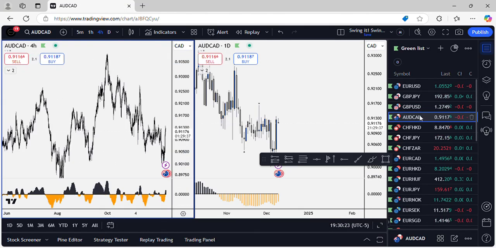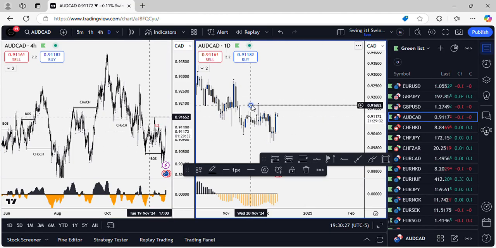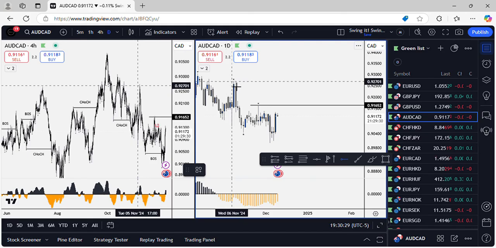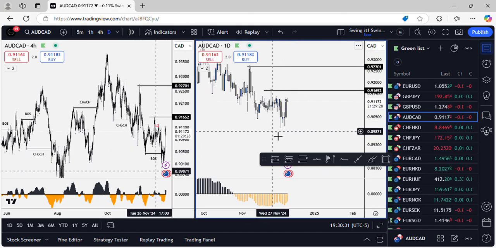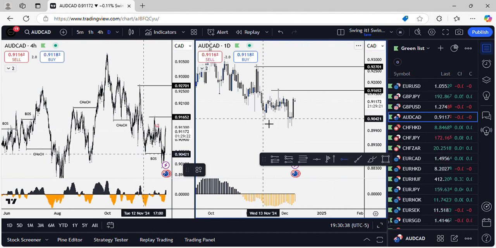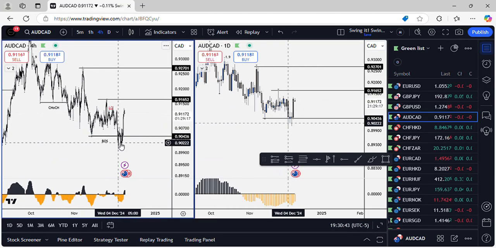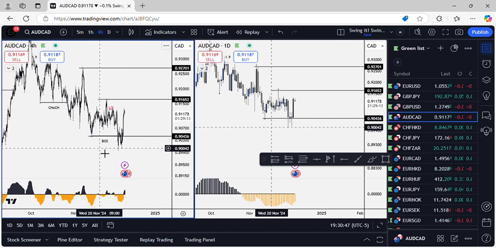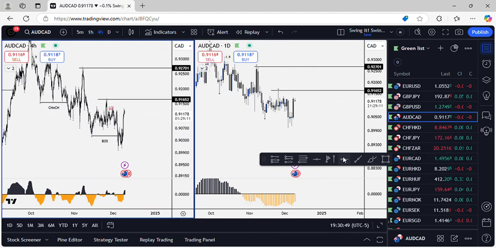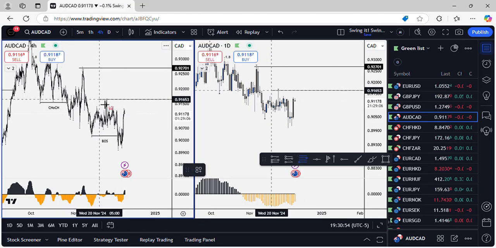All right, AUD CAD. Marking up those zones. Liquidity was swept right here. So this would have been the prime opportunity to catch some counter trends, but I mean, it is what it is. Can't debate what's in the past. So now this is,